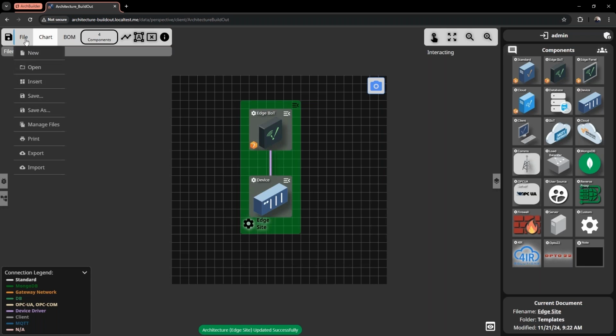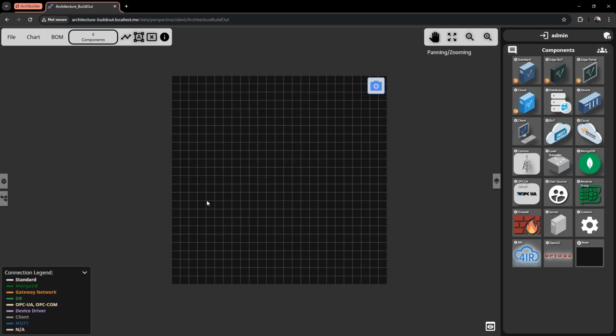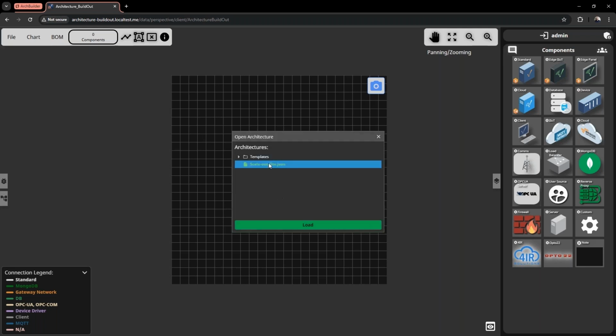All right, great. So I'm going to clear that out. So that was a demonstration on building a couple of very simple architectures. Now let's move on to modifying an architecture where we need to scale out Ignition due to, let's say, resource constraints. So we're going to open a pre-built architecture that I've already built, and it's going to be this scale